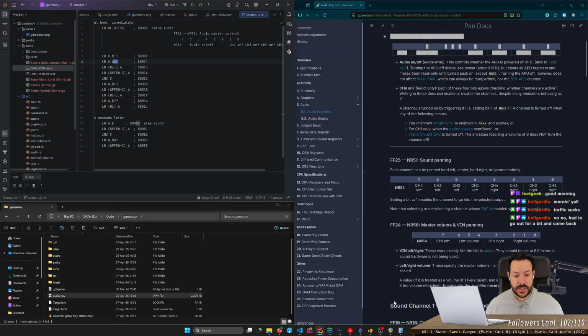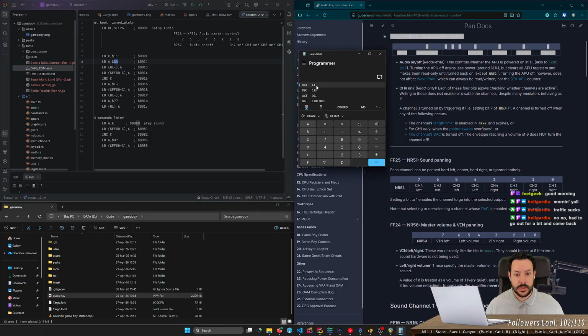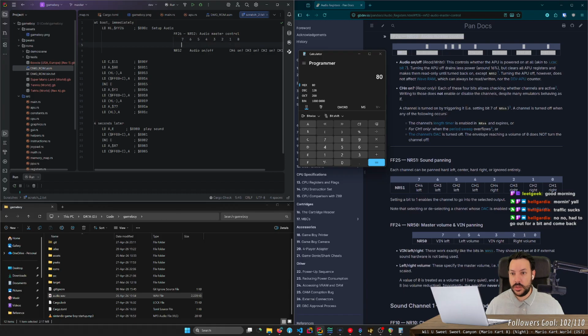A will be 0x80. So 0x80 is gonna be the leftmost bit set to 1. So we essentially write 1 there.